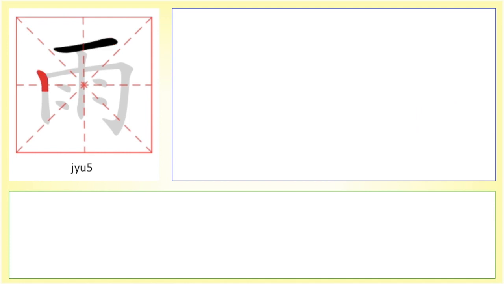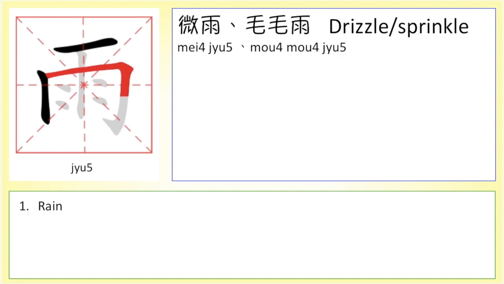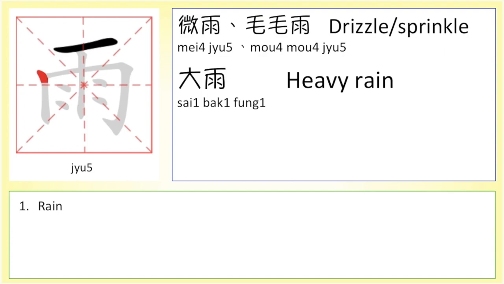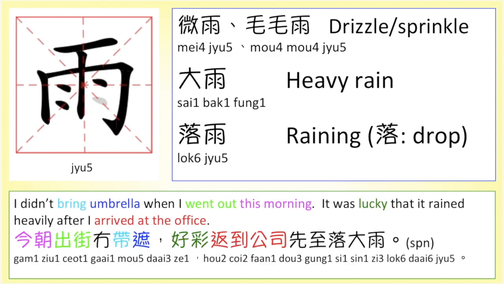Next is 雨, it means rain. For example, 橫風橫雨，微雨，毛毛雨，大雨，落雨。今朝出街冇帶遮，好彩返到公司先至落大雨。